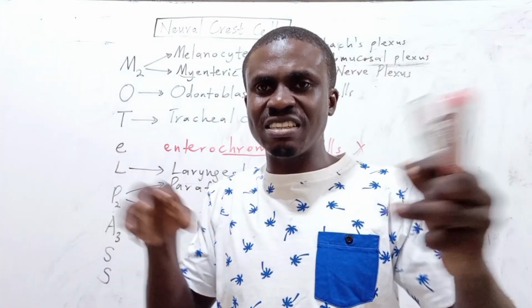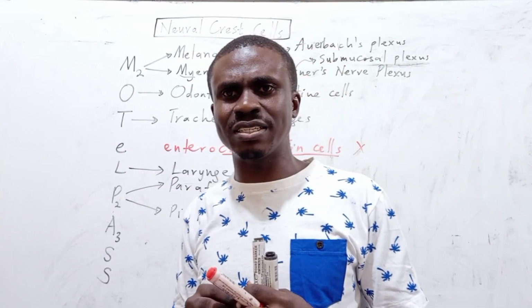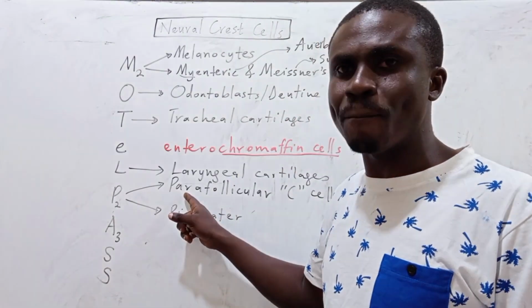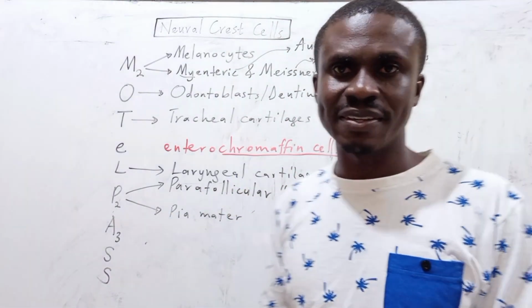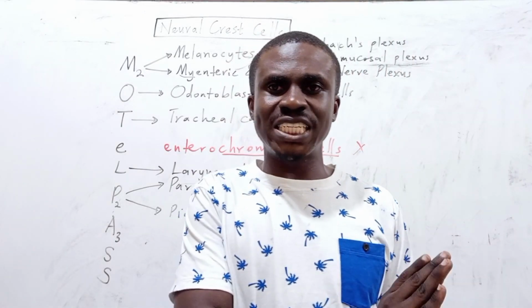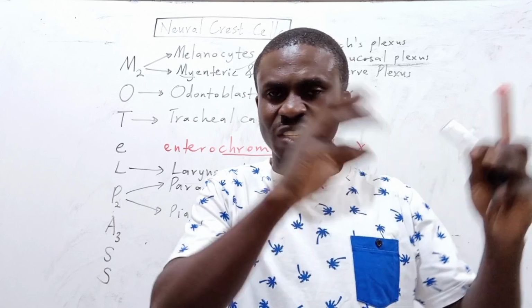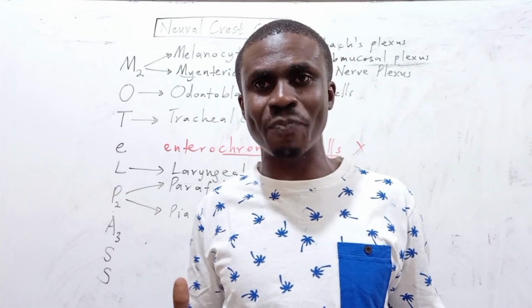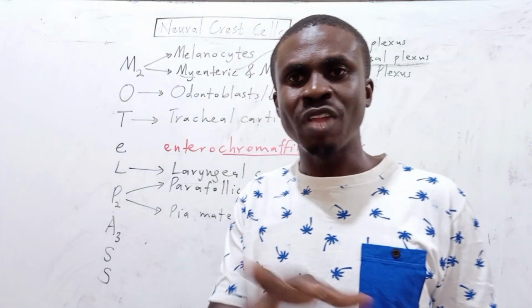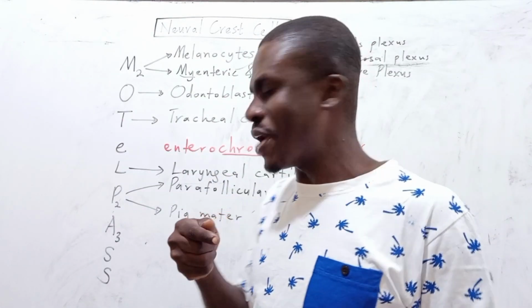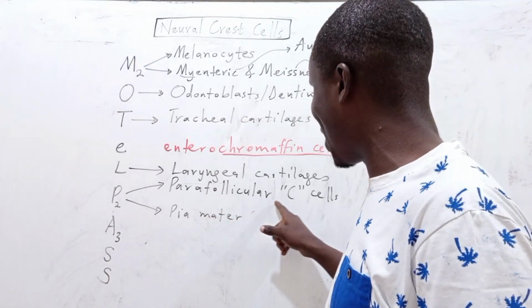But adjacent, just in between the follicles, these follicular cells, we find these cells which we call the parafollicular C cells. My friends, these guys are found in that endocrine organ. I've explained the nature of how these cells appear. But now we want to see where they arise from. That's what we are looking at. So these parafollicular C cells,